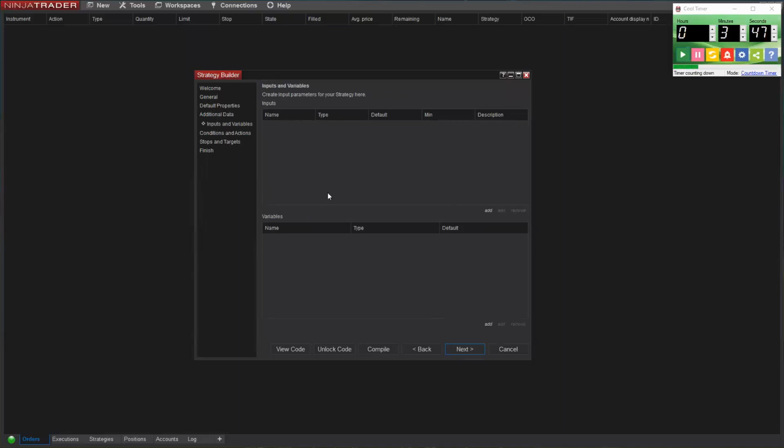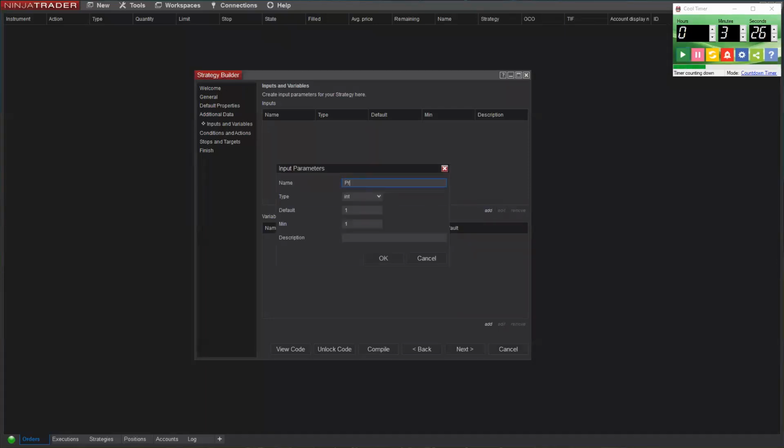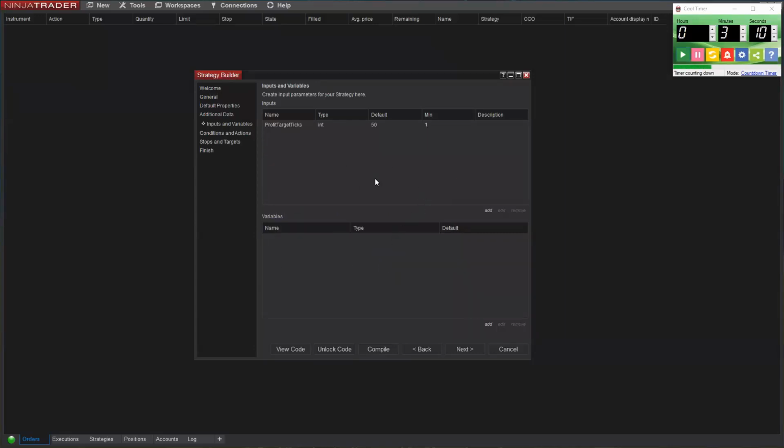So in this window, we can enter the user parameters for our strategy. If you remember, we will have 3 parameters: the stop loss in ticks, the take profit in ticks, and the min price move for configuring the divergence cloud. So let's add these parameters by clicking on add here. We give them a name, profit target ticks. All right. By default, we will use a value of, let's say, 50, because, you know, in counter-trend trading, you want to trade the longer move.